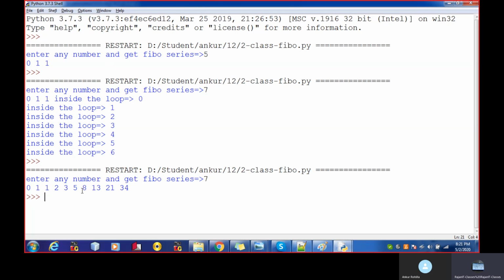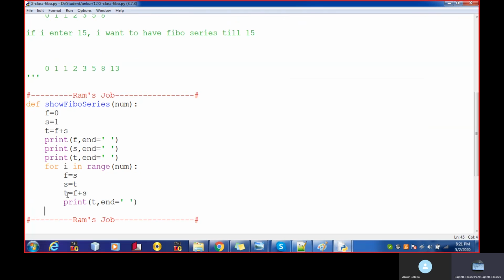See over here, this is the number 3. Your 3 is smaller than 7, your 5 is smaller than 7, but your 8 is not smaller than 7. You just tell me, in which variable is the 8 going?